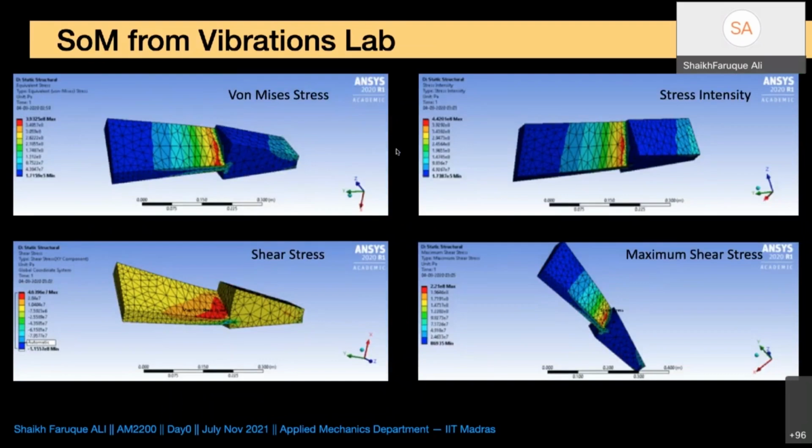A few more. These are by, I think, Rahul. How do you calculate stresses and strains? So this is a sector of a turbine blade. You might have learned what a turbine blade is. You might know they are mostly used in the engines of any kind of aero vehicles. They're used in many other places, but one of the most important applications is the engine of an aero vehicle.